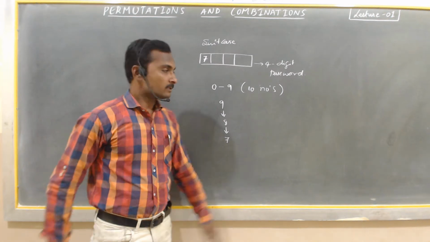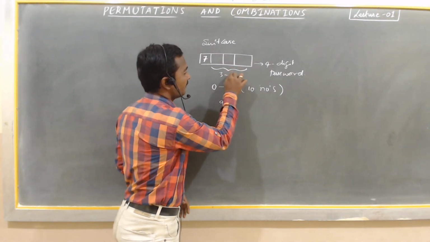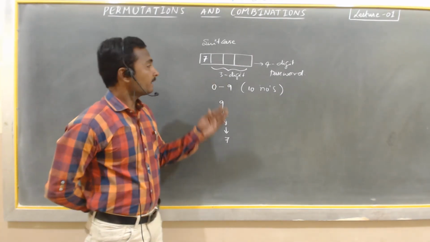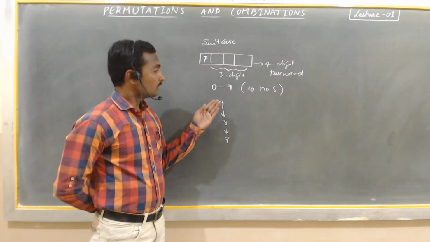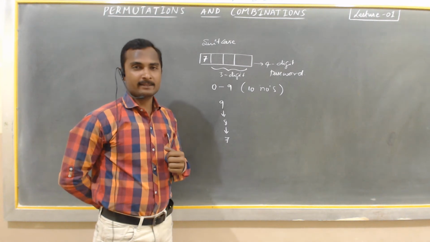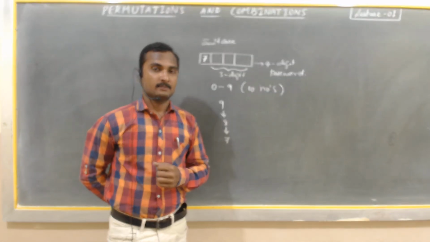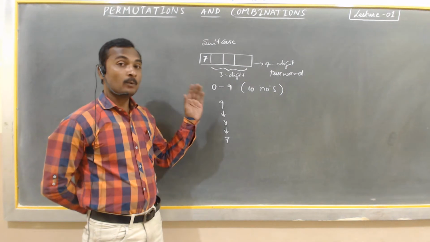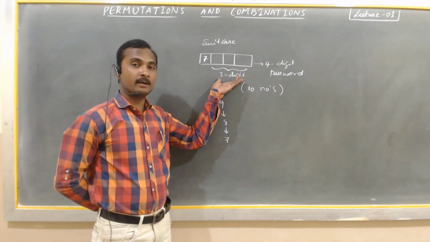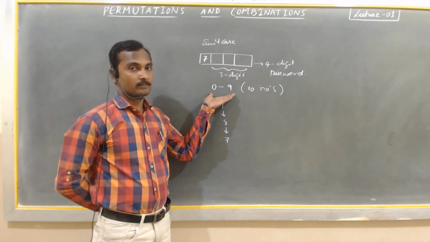And in case, if I start imagining a 3-digit number, and what possible 3-digit number I can enter in these 3 places using the 9 numbers, the possibility is somehow hectic, somehow tedious, it's difficult. Then we need a technique. We need a technique to find the possible arrangements, what are the possible arrangements of the 3-digit number after the first digit entry out of the 10 numbers.